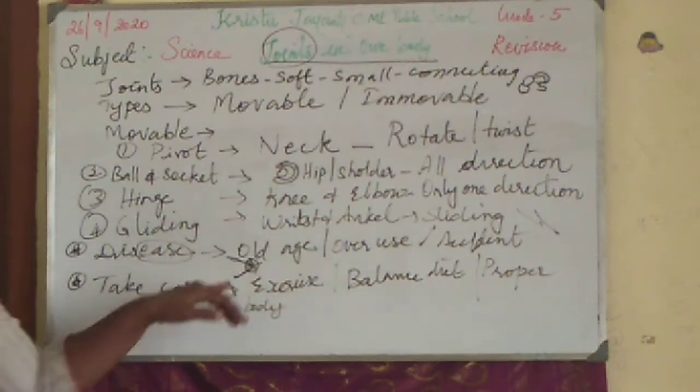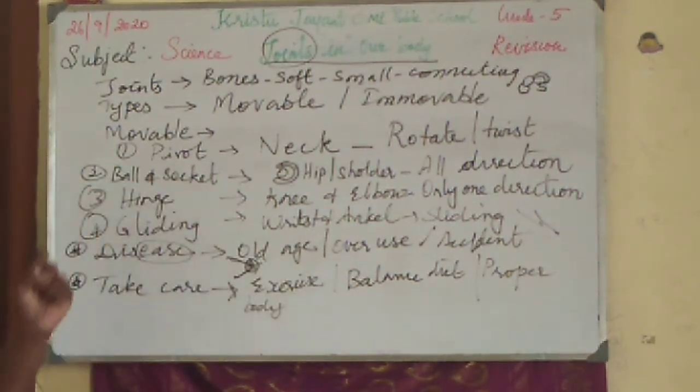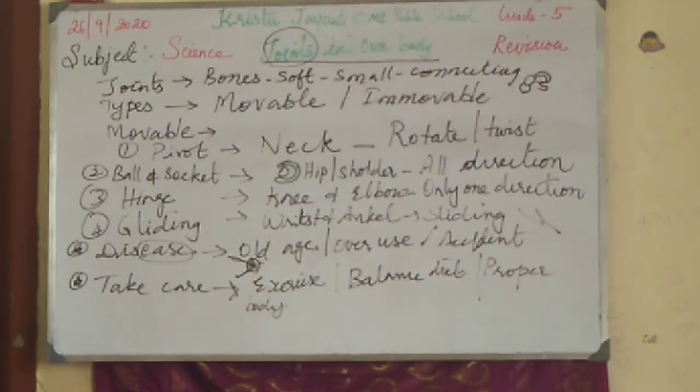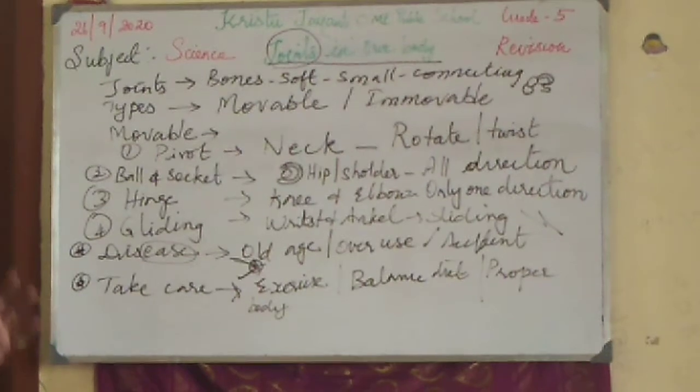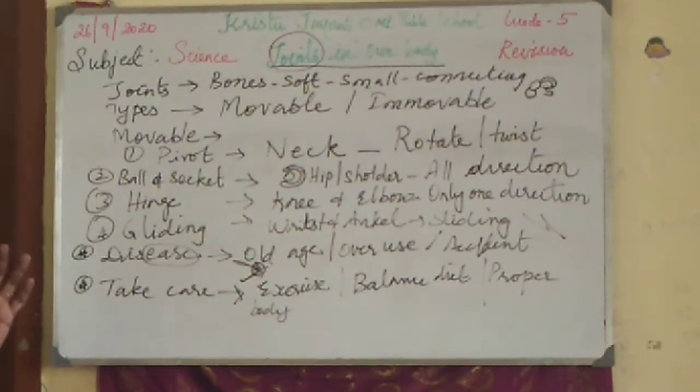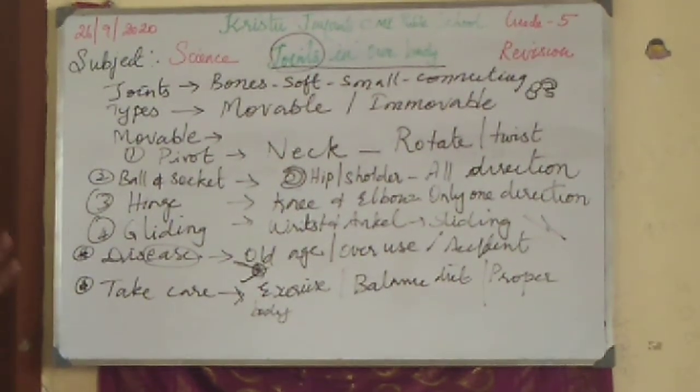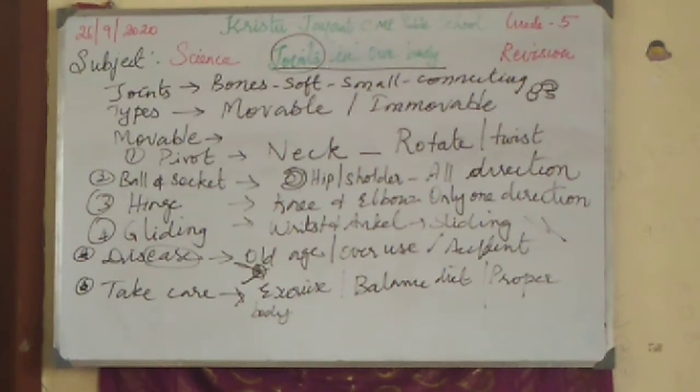To avoid this overweight, we should go for a balanced diet. Unwanted food we should not use. Unhealthy food we should not use. We should select food which is very good in vitamins, proteins, all kinds of minerals and nutrients, and that alone we have to eat, and we should avoid overeating.